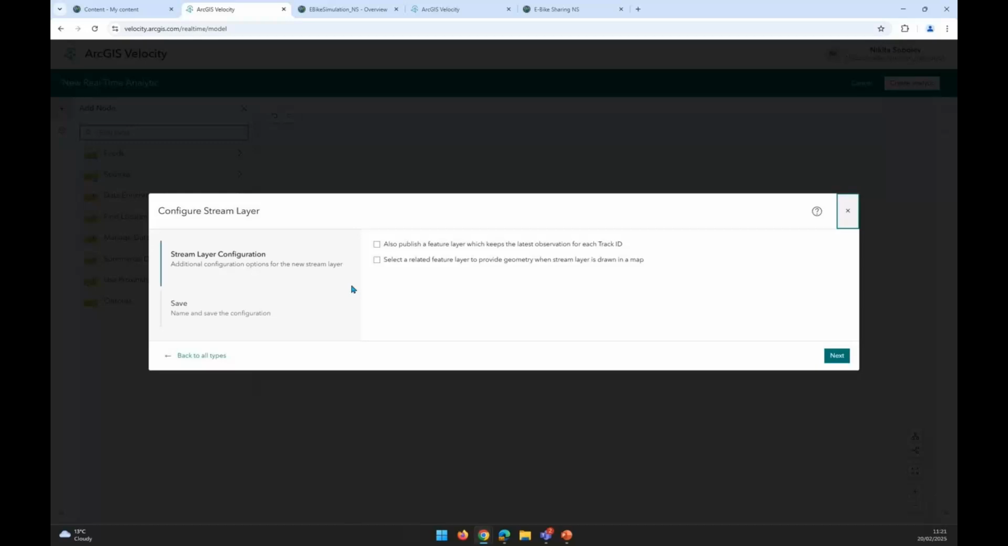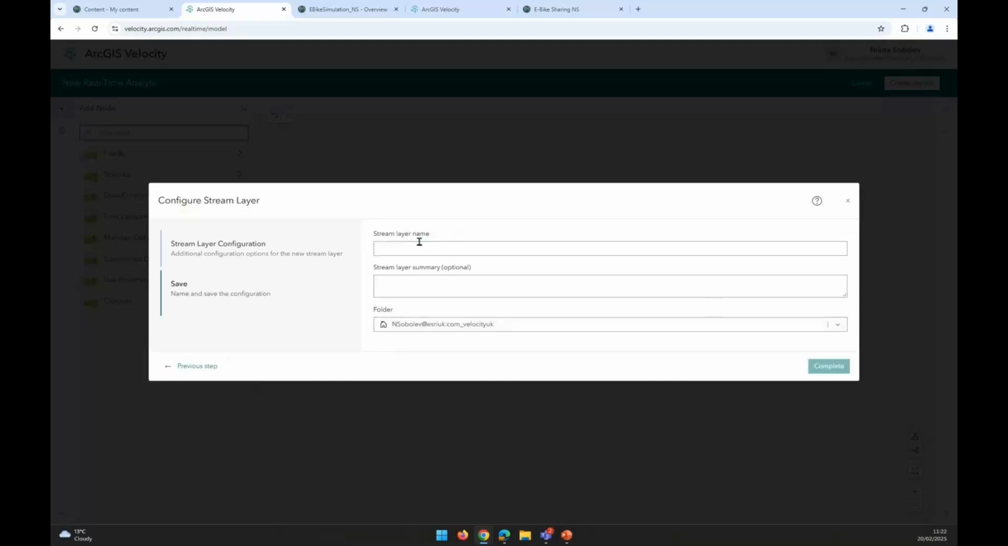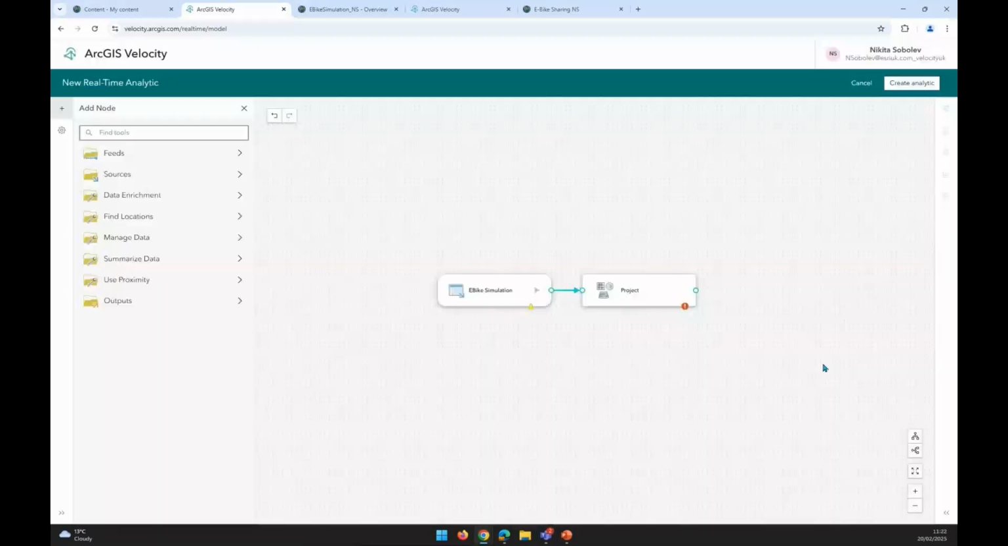And as we go to configure it, you will see it also gives us the option to publish a feature layer, and it will keep track of every single occurrence that's happened. And we can also provide a geometry if we wanted to. We're not going to do that. Again, if we wanted to create a stream layer name, I can do something like this. The e-bike feed, British National Grid, and for now, as I mentioned, I'm doing this very briefly, but give yourself a good summary. And once we do that, all that needs to happen, drag it, connect it,